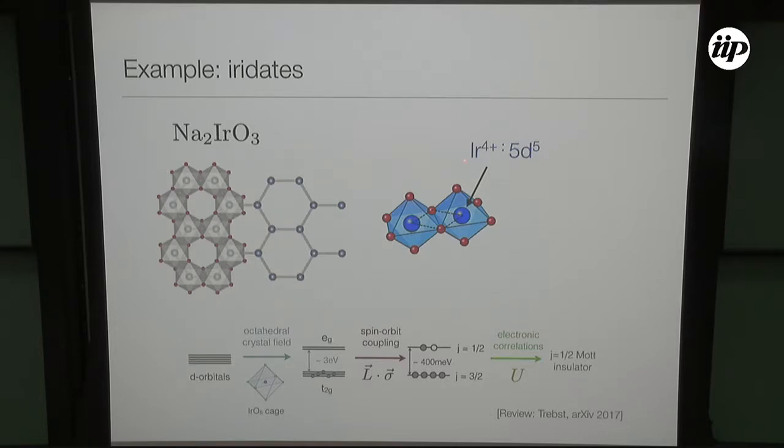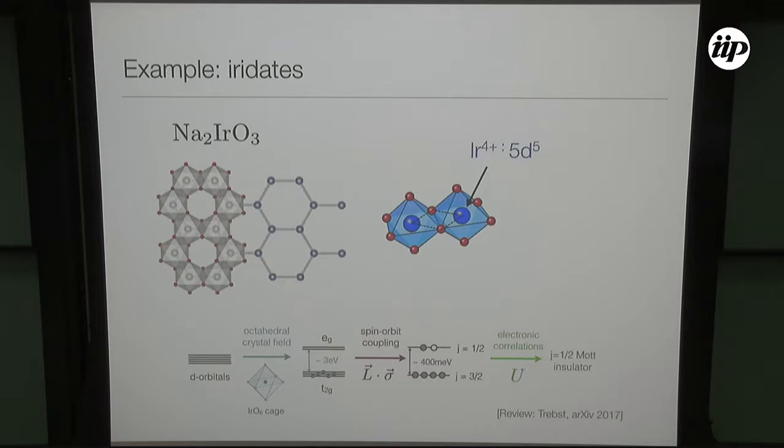And these iridium ions are distributed on a honeycomb lattice, and each iridium ion sits inside a cage. It's an oxygen octahedron, so it's subject to a crystal field that has octahedral symmetry. And the first thing people do here is work out the local Hilbert space, or the effective spin degree of freedom in the presence of a crystal field, taking into account a strong spin-orbit coupling. Remember, iridium is a 5d element, so it's quite heavy.